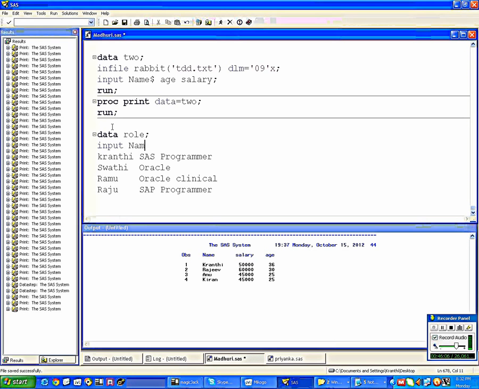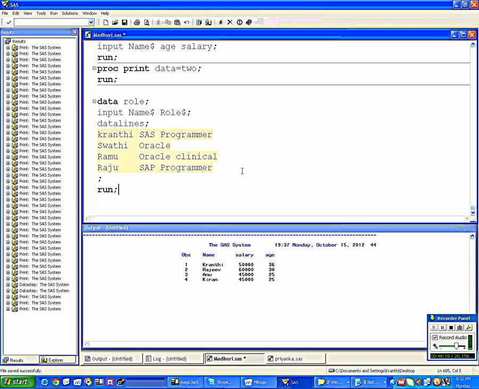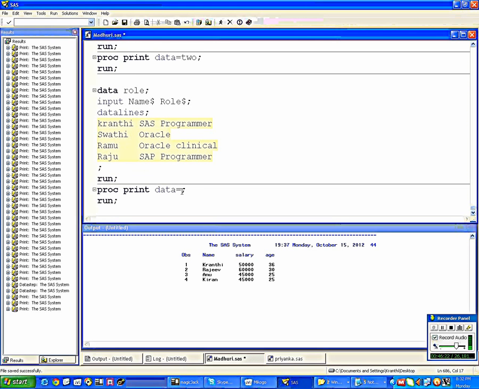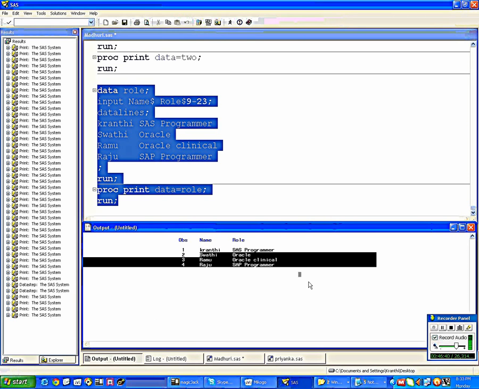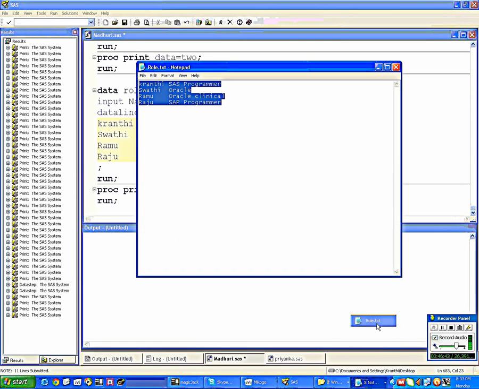Input name and role. Then datalines. Run. Proc print data is equal to role. Will it give the output? No, because there is a space, right? So where is the role? It started in 9th column and take the bigger one, 23rd column. So 9 to 23 columns is the role. Submit it. So it's giving the correct output.